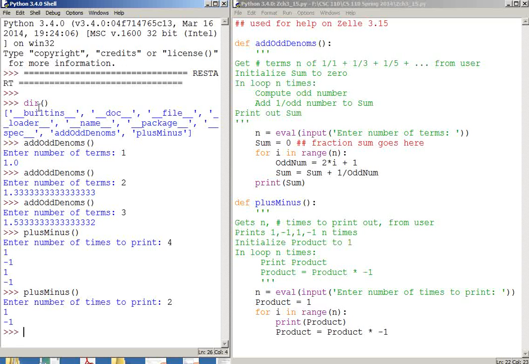Look at this code here for each one of these functions and make sure you understand it. This is a different way than we did it in class, but it's nice to have some different ways to do things. And so that's